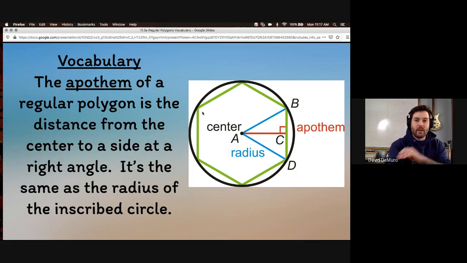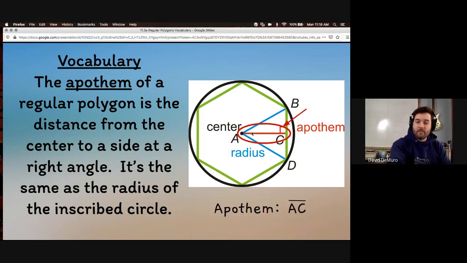This other segment within the regular polygon is called the apothem, and that is the distance from the center to one of the sides at a right angle. So for example, the distance from point A to point C, we would call that the apothem. That's the distance from the center to the side of the polygon. It also happens to be the same as the radius of the inscribed circle. If you drew an inscribed circle, it would hit each side or be tangent to each side at the midpoint, and that radius here would be called the apothem. So segment AC, that's what we call it. We call that the apothem